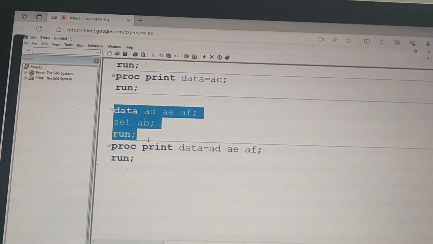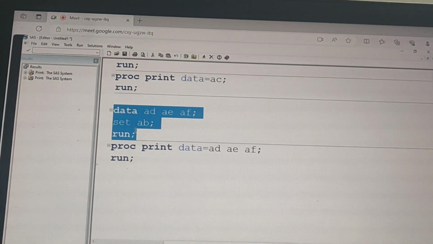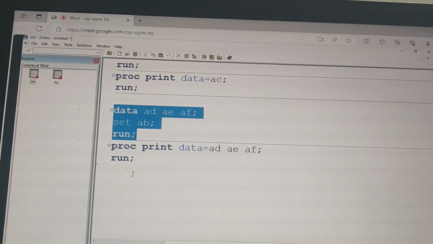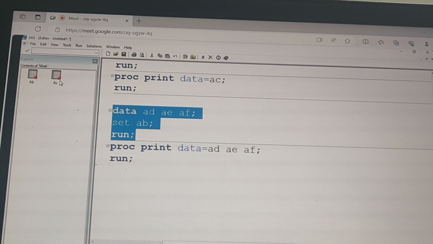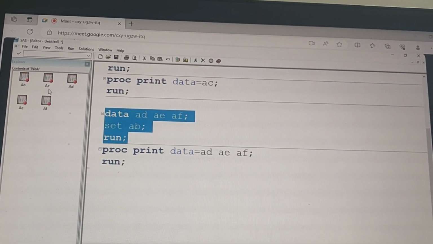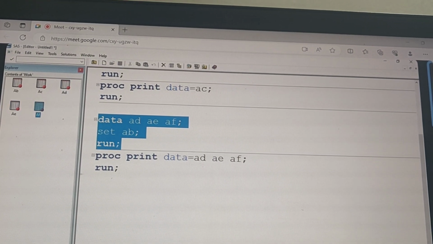If anybody has any doubt, you can unmute and ask me. So here, which step am I submitting, data step or proc step? I have selected the data step. In my work library, AB and AC are available. Now I am submitting the data step only. You can see AD, AE, AF. So when I open my log